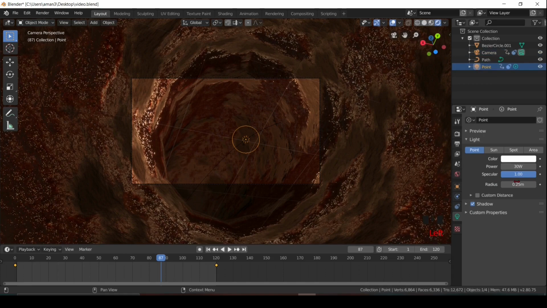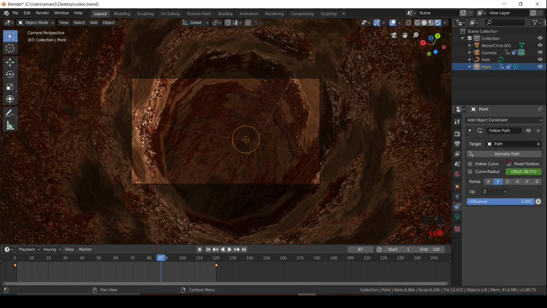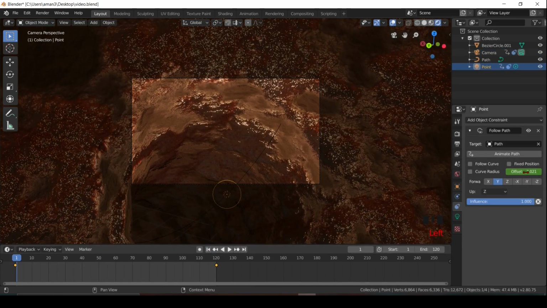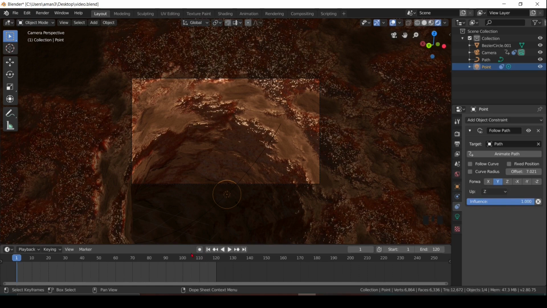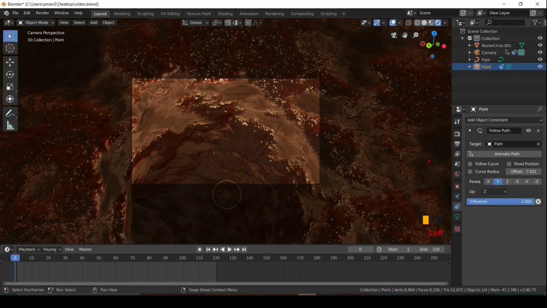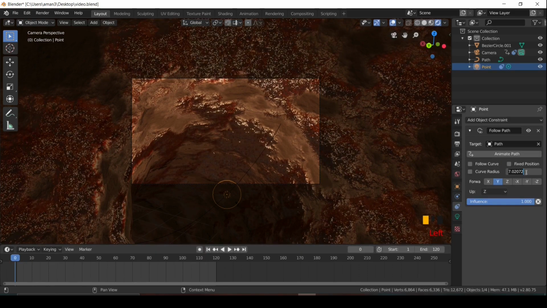And if you want to adjust the distance between camera and light, then you have to remove the keyframe and adjust everything again. I am adjusting a little bit in light.